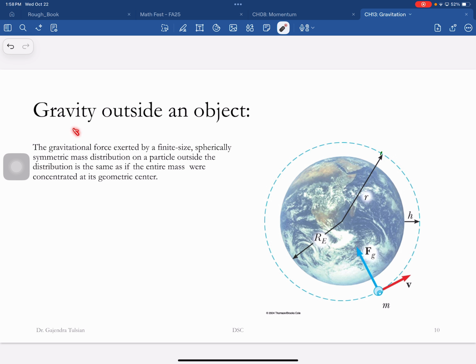All right, so what this says is about gravity outside an object. If the density is uniform, or actually it only needs to be radially uniform, then if you're outside the object, the gravitational force on you is independent of the size of the object. So if you have a satellite, like the space station going around the Earth, the centripetal force is provided by the gravitational force of the Earth. The orbit would not change if you turned the Earth into a black hole.